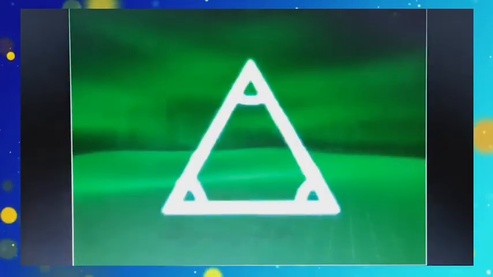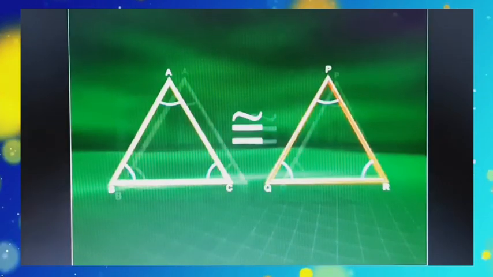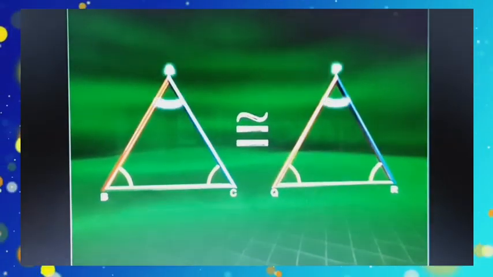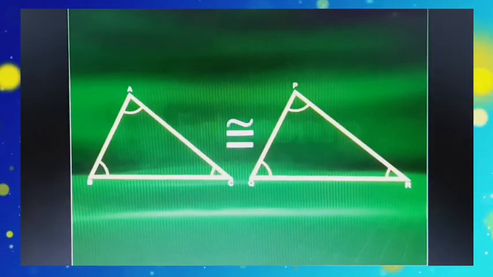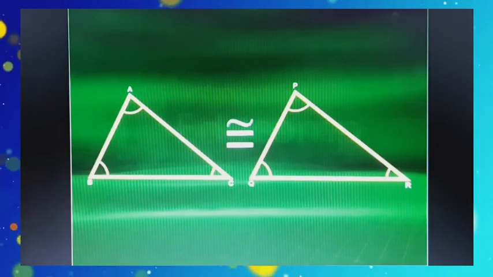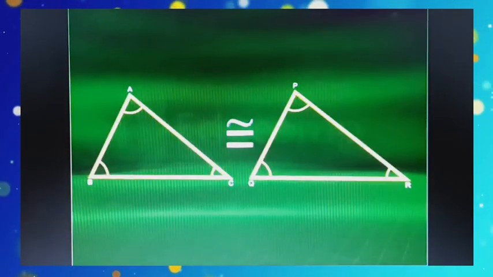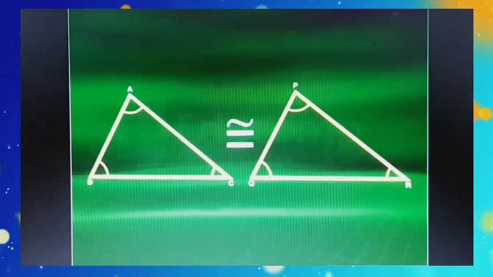In earlier classes, you have studied the congruence of triangles and the criteria used for checking the congruence of triangles. Let us recall that once more. Two triangles are congruent when you can superimpose one triangle on top of the other. Two triangles are congruent when the corresponding sides and angles are equal. Note that for triangles to be congruent, the corresponding parts should be congruent. The corresponding line segments should be equal in length, and the corresponding angles should have equal measurements.